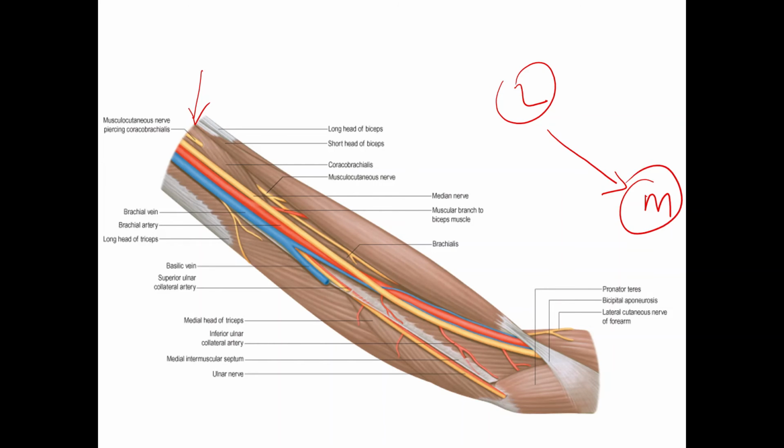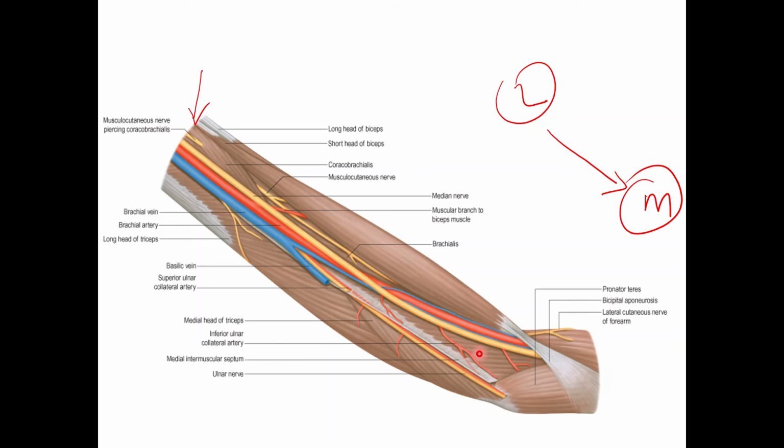So, in the upper part of the artery, the nerve is lateral to the artery, whereas in the lower part, the nerve is medial to the artery. So, this makes up the anterior relation of the artery. As we have already seen, the artery is almost superficial throughout its extent. When we talk about the posterior relations of the brachial artery, posteriorly the artery in the upper half is related to the coracobrachialis. In the lower half, posteriorly the artery is seen resting on the brachialis muscle.